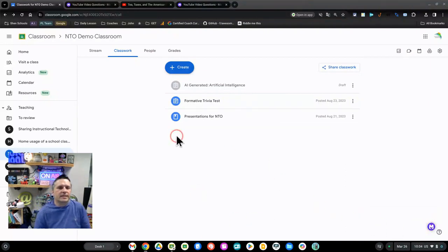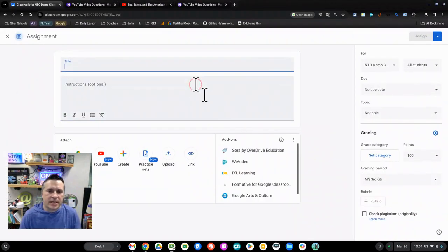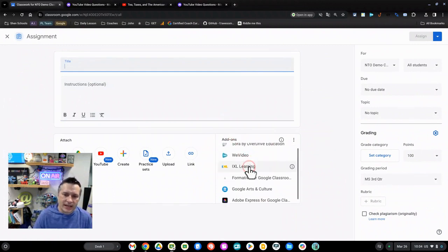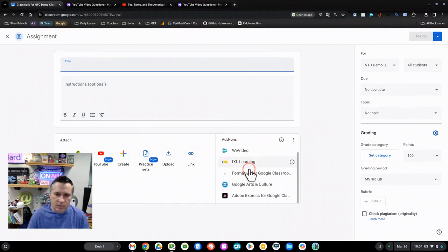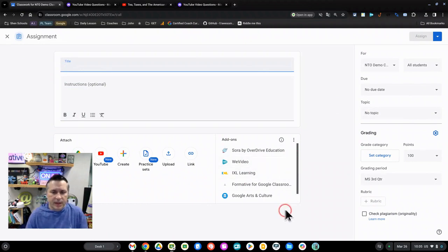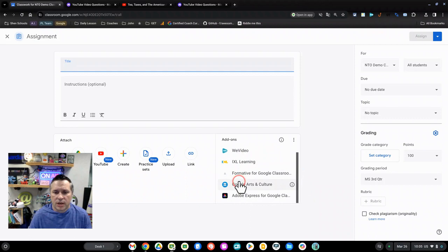Google Classroom has a tool called Google Classroom add-ons that allow you to take third-party platforms and incorporate them into Google Classroom without having to leave Google Classroom. So when you click Create and you click Assignment, you'll see a list of add-ons that Shen allows here, and you can scroll up or down in it with your scroll button or use the bar on the side. There are 3 that we've just added we wanted to bring your attention to: WeVideo, Google Arts and Culture, and